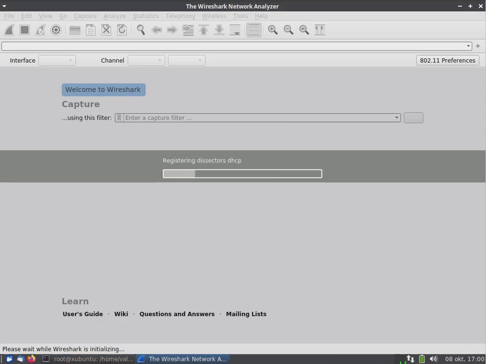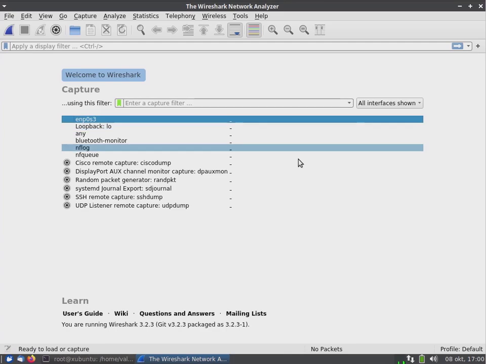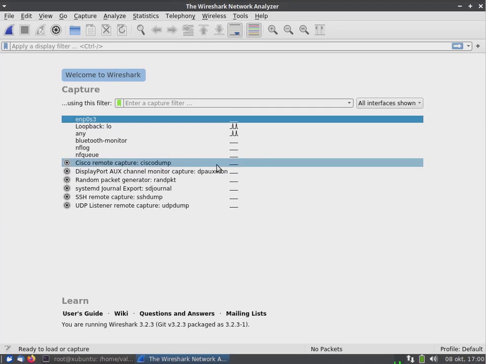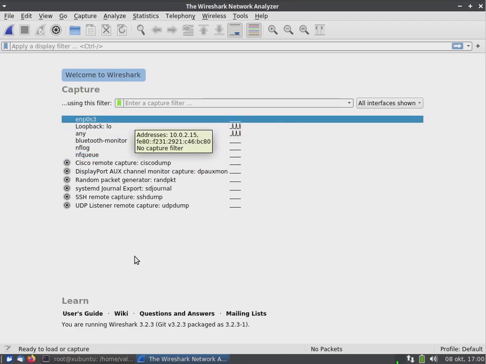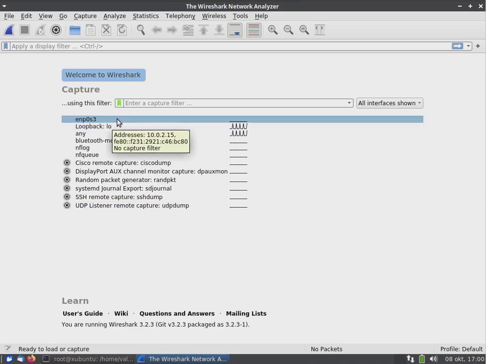So one of the leading applications for debugging networks and understanding how they work is called Wireshark. Wireshark may also be used to debug USB networks, because USB is similar to Ethernet, but in this particular case